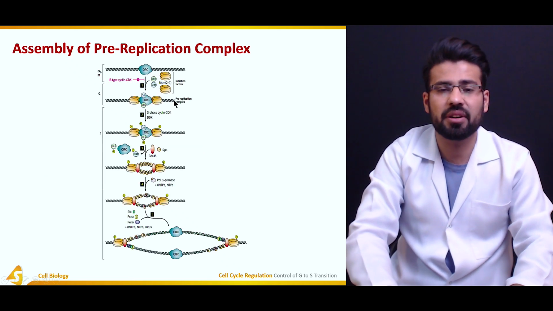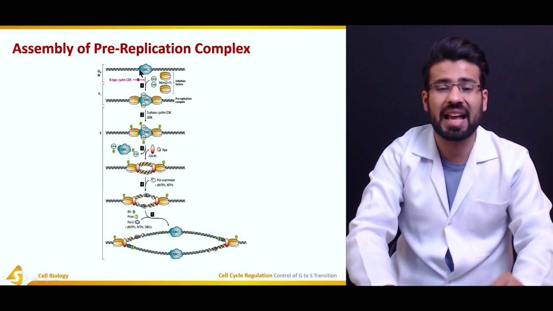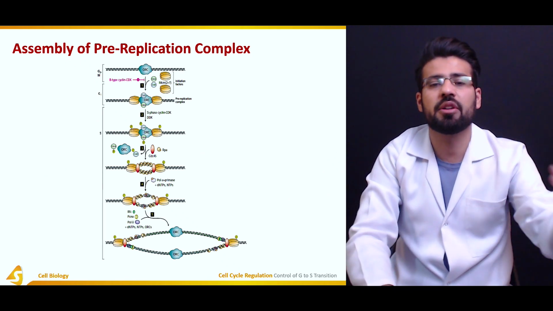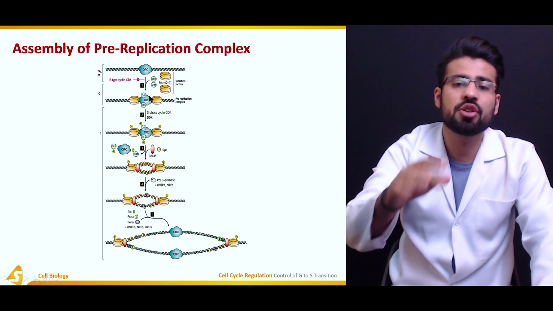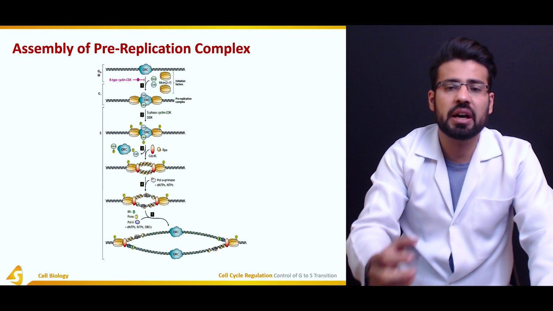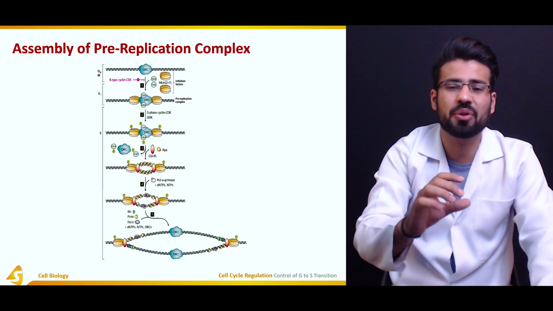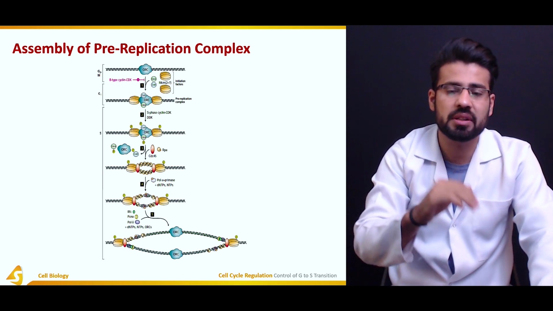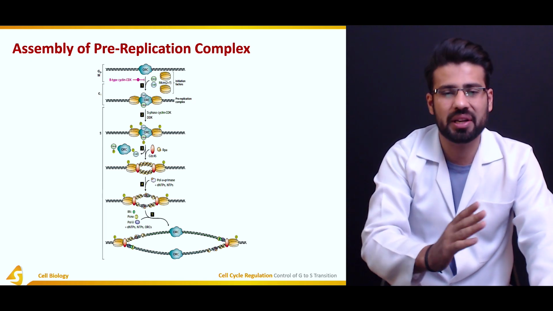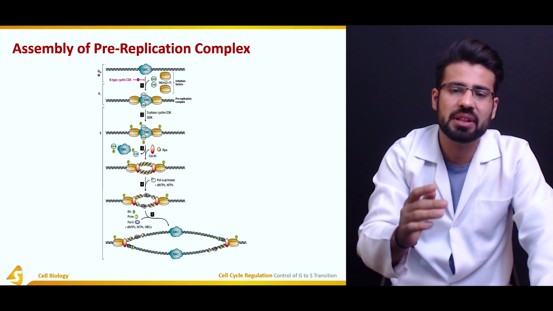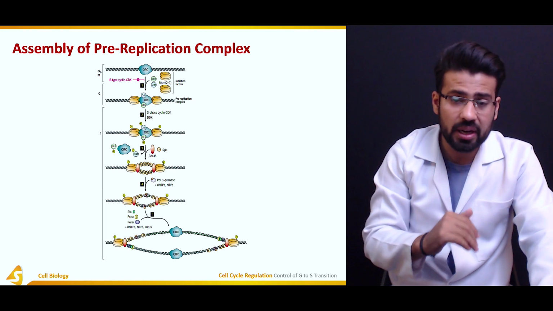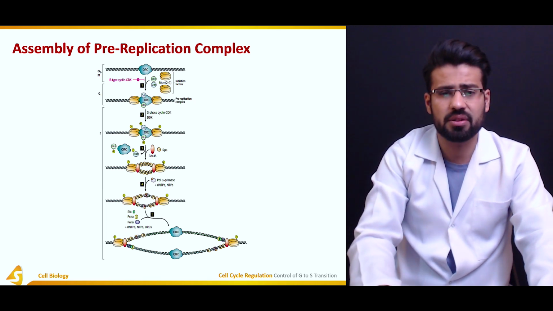So what happens in this particular case, we have an ORC over here that is being checked by the B-type cyclin CDKs under normal circumstances, so that there are no MCM2 protein molecules or Cdt1 molecules that can bind and move towards the nucleus until the B-type cyclin CDKs have been degraded. Once they are degraded, the MCM molecules, MCM2 in this particular case, are going to migrate towards the nucleus,